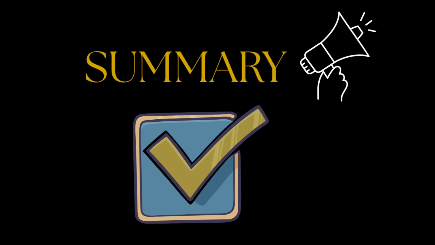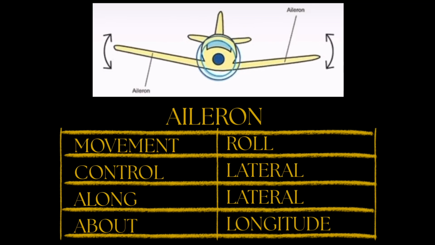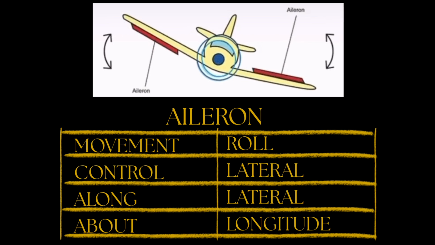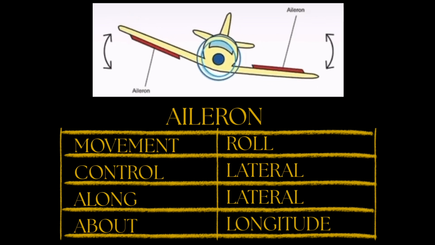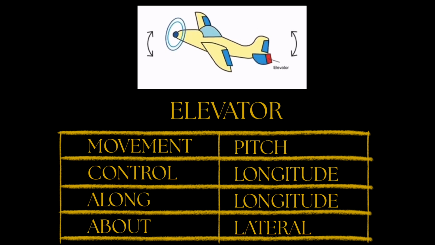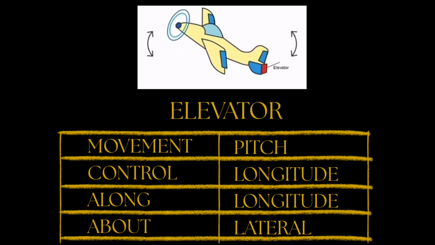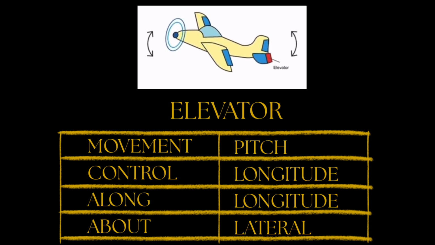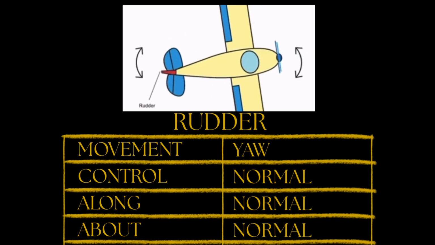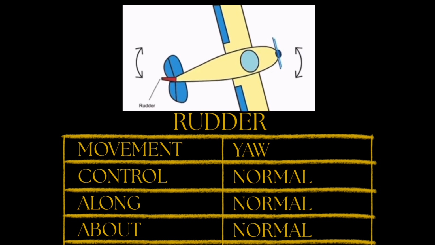Let's discuss some summary axis-wise. Ailerons give roll moment, which gives lateral control along the lateral axis about the longitudinal axis. Elevator gives pitch moment, which gives longitudinal control along the longitudinal axis about the lateral axis. Rudder gives yaw moment, which gives normal control along the normal axis about the normal